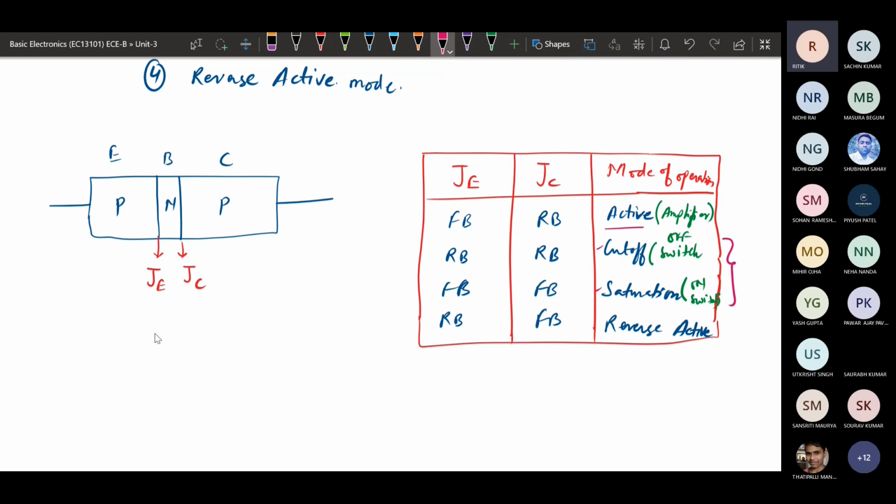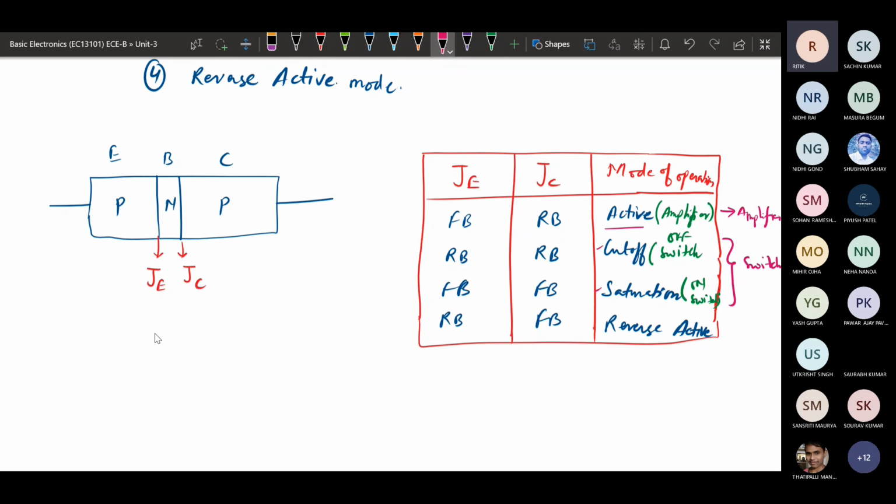If the BJT needs to operate as a switch, it should work in cutoff and saturation. If the BJT needs to work as an amplifier, then it should operate in the active region. So here is the application as a switch, and here the application as an amplifier. This is the basic question most frequently asked in objective type questions.